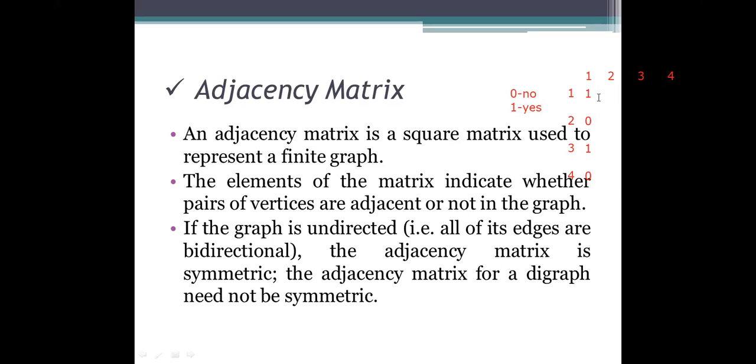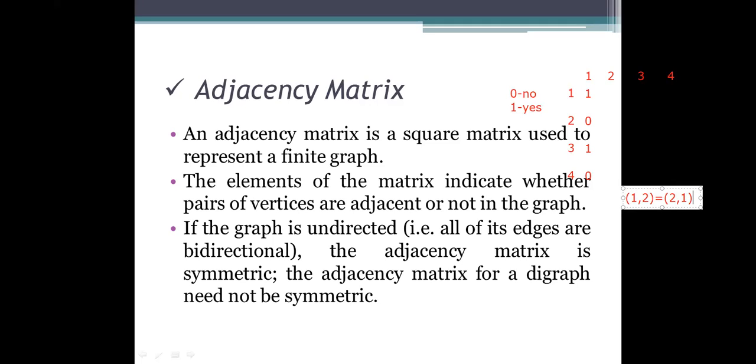When we are dealing with graphical notation, we have directed graphs or undirected graphs. When dealing with undirected graphs, if an edge is present between 1 comma 2, that is 1 to 2, then there will be an edge from 2 comma 1. So v1 comma v2 is equal to v2 comma v1.